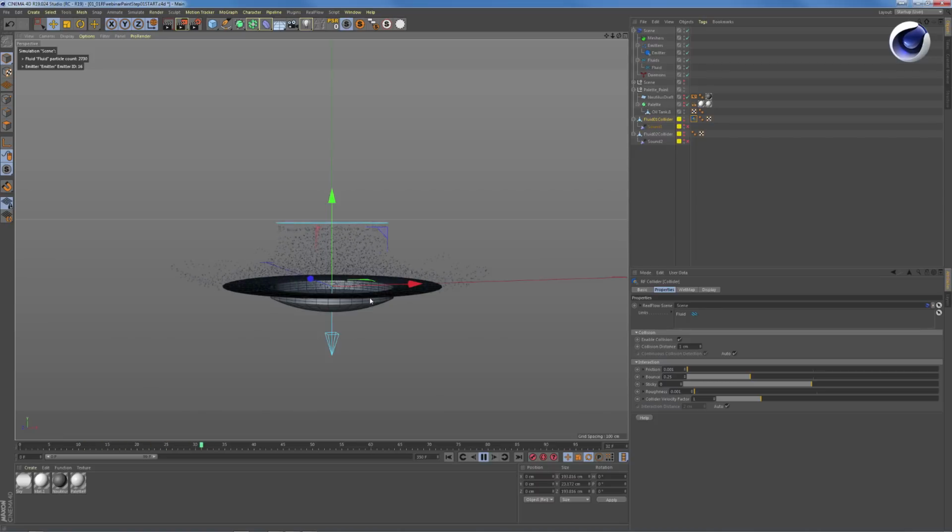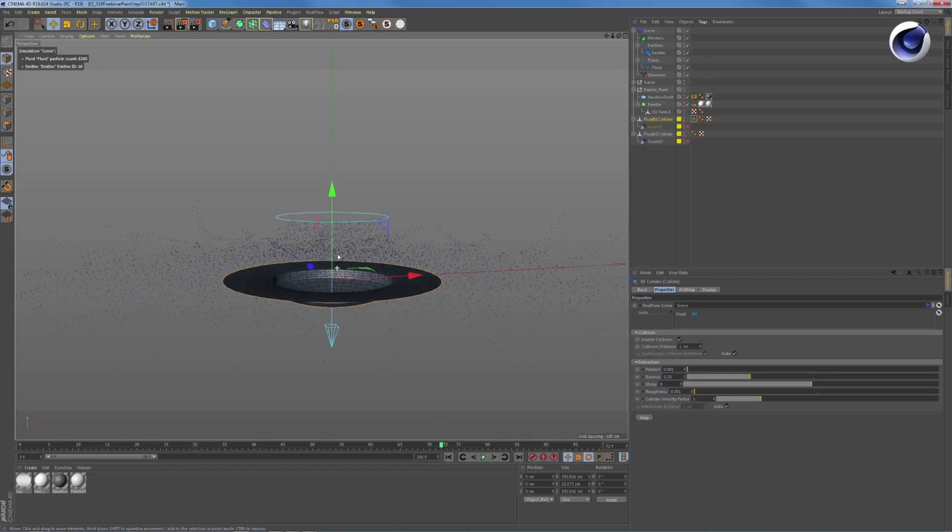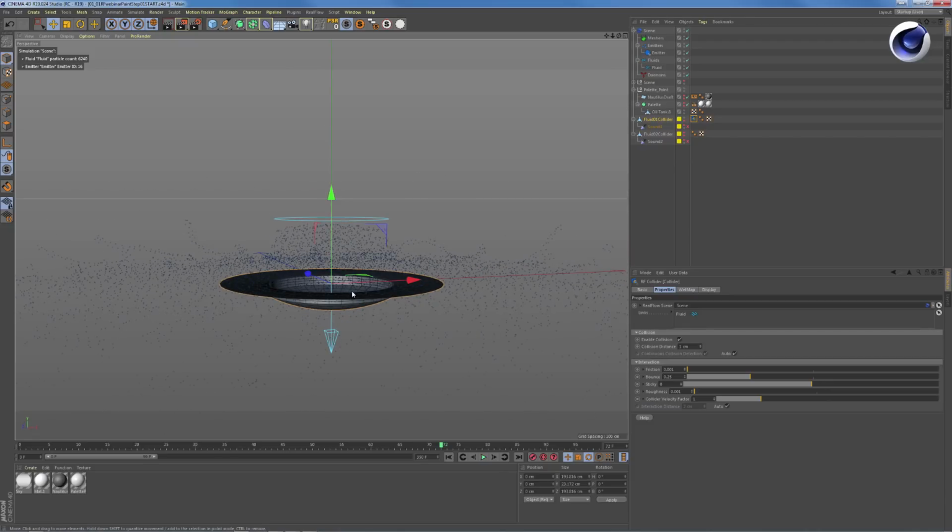And that is because we don't have gravity. So right now it's like it's in space. It's being emitted from the emitter here in a certain direction, then it bounces off the shape here and floats out into space. So we need to add some forces to interact with these particles, and this is done by